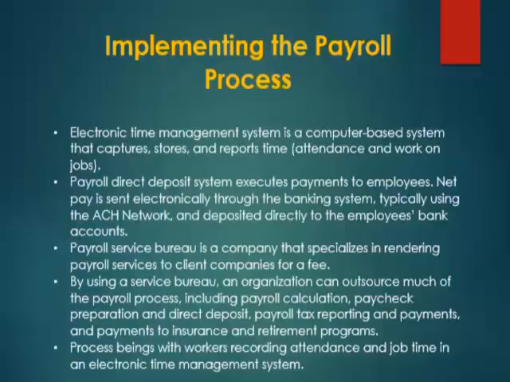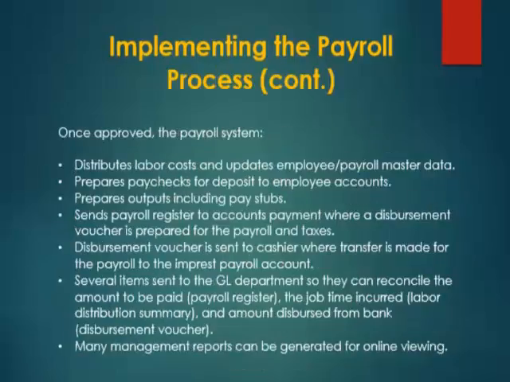The process begins with workers recording attendance and job time in an electronic time management system. Once approved, the payroll system distributes labor costs and updates employee payroll master data, prepares paychecks for deposit to employee accounts, prepares outputs including pay stubs, sends payroll register to accounts payable, where a disbursement voucher is prepared for the payroll and taxes. The disbursement voucher is sent to the cashier, where a transfer is made for the payroll to